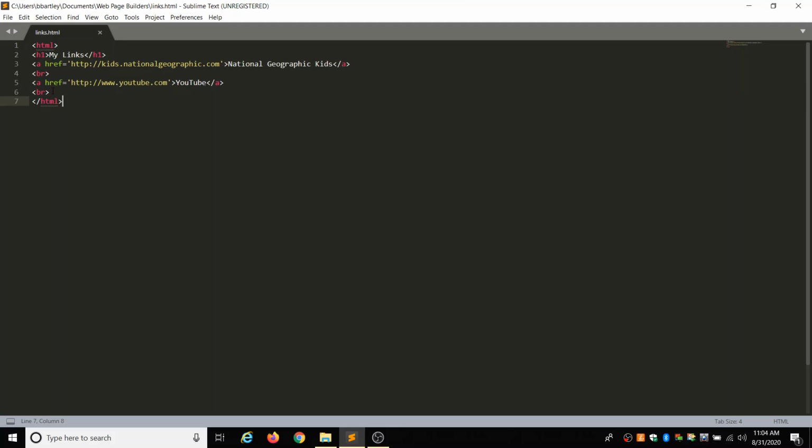Let's add one more link because links aren't always just words. Y'all know this. You can link an image as well. So after this break, we're going to add in a line 7 that is going to link to one of the images that we've already saved. So we're going to link the San Diego Zoo, but we're going to link it to an image, our image of the tiger. All right, so we're going to do our a href